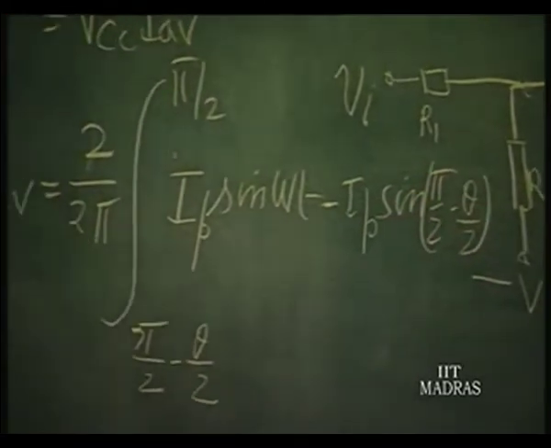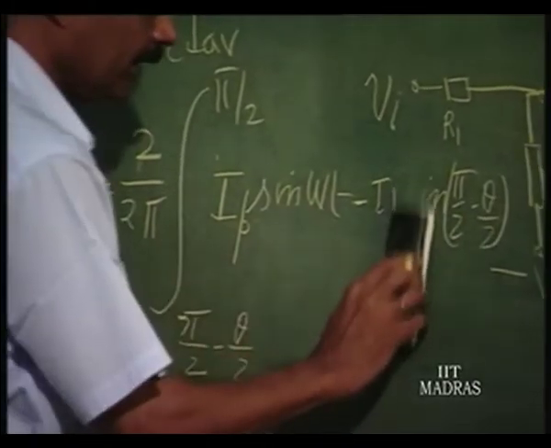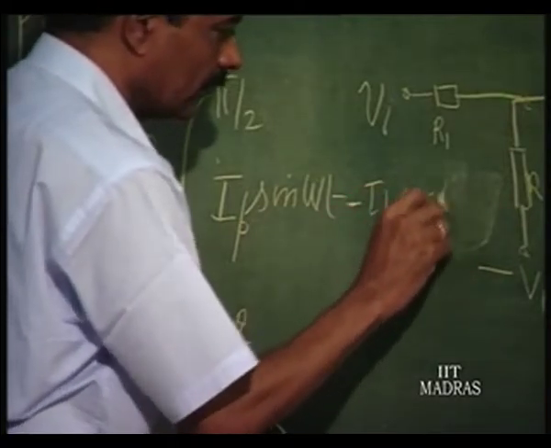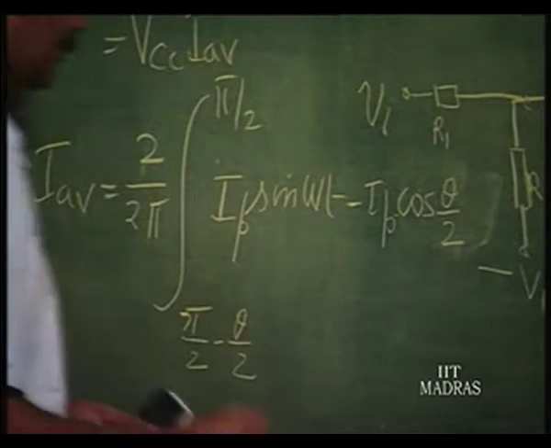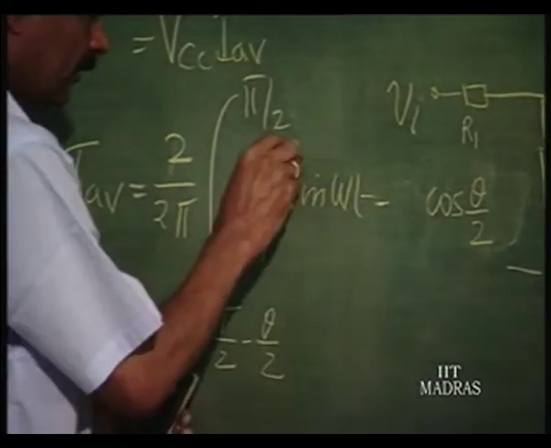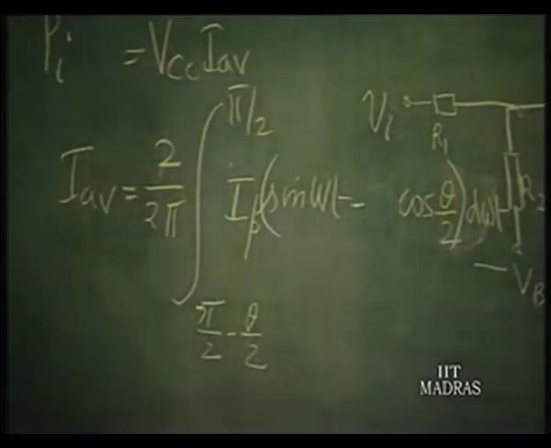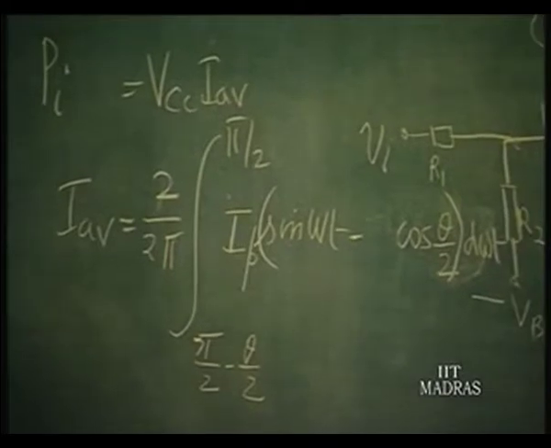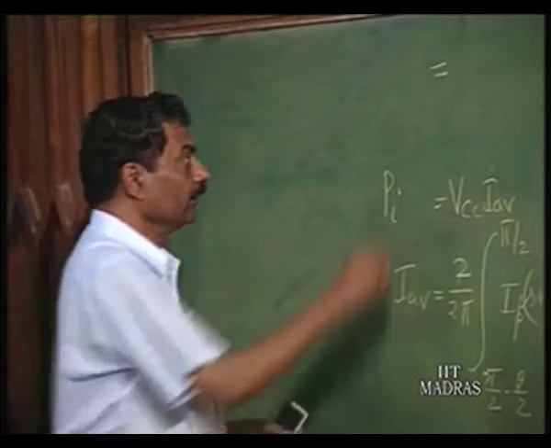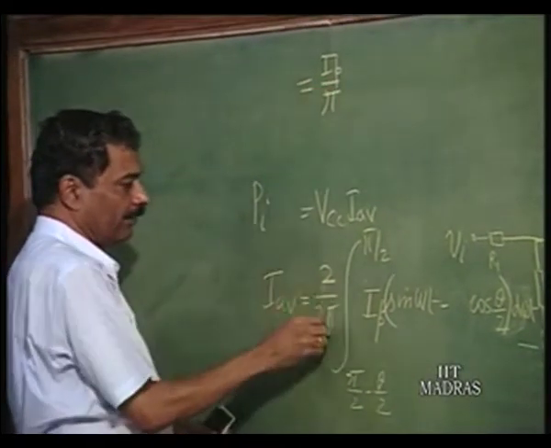Which is cos theta by 2. So, this value is simply cos theta by 2. So, essentially therefore, this is the integration. Is that clear? So, this is nothing but I p by pi, this I p divided by pi